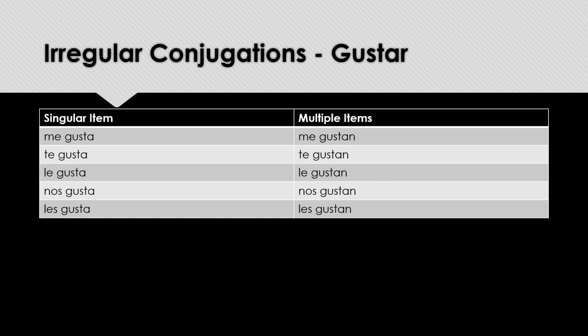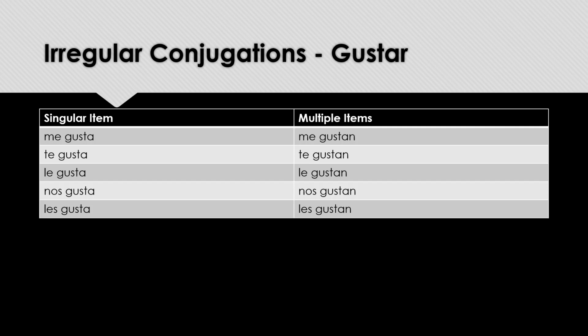Fortunately, not all verbs end exactly the same despite their endings in the infinitive form. Some verbs are irregular. The verb gustar is not conjugated the same way as the typical AR verb. The end of gustar only changes based on the number of things you are talking about. Instead of the end of gustar being changed, me, te, le, nos, or les are added to the beginning to clarify who is doing the liking.